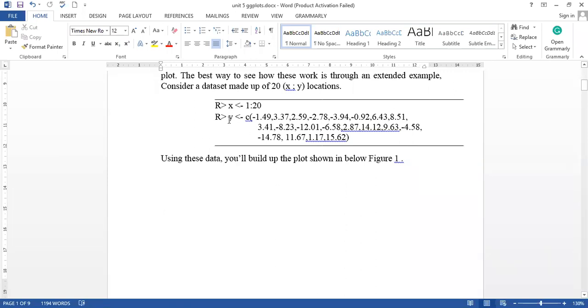Similarly, we have another vector y in which the same 20 values are available, and these are all numeric values, negative or positive. So you can see there is a 20 cross 20 matrix. For each and every point, we have a location for x and a location for y. Okay.